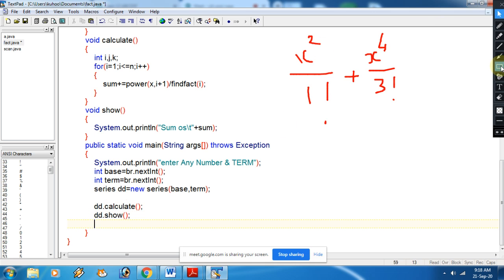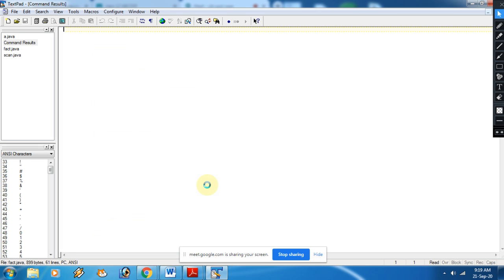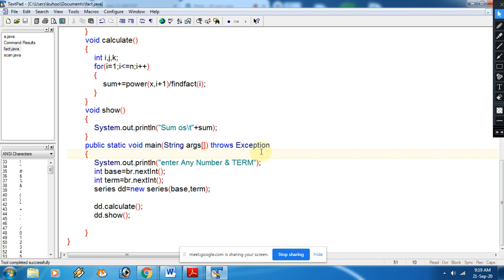So now I am going to execute this program. Dipali beta, is there any confusion? Whatever you want you can ask, beta. Let me show you the output. After that we can discuss.